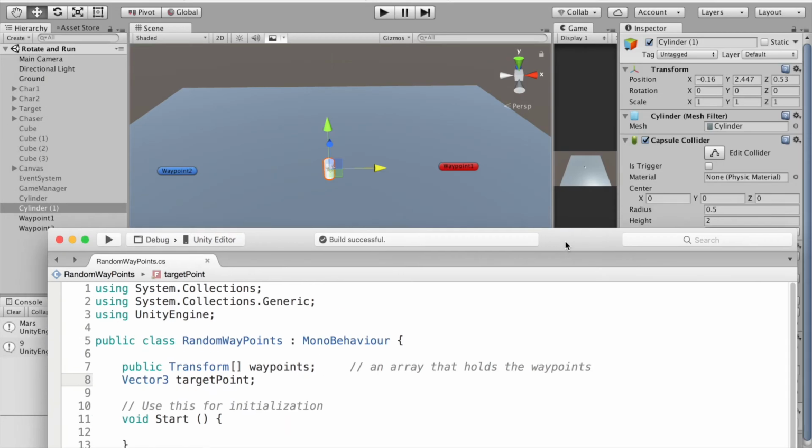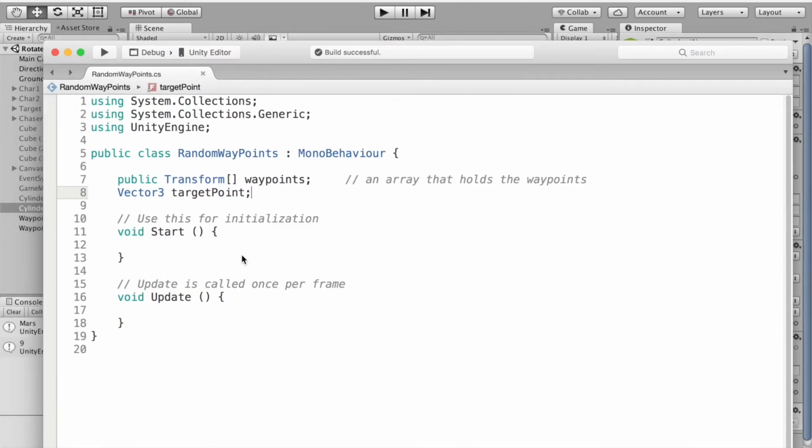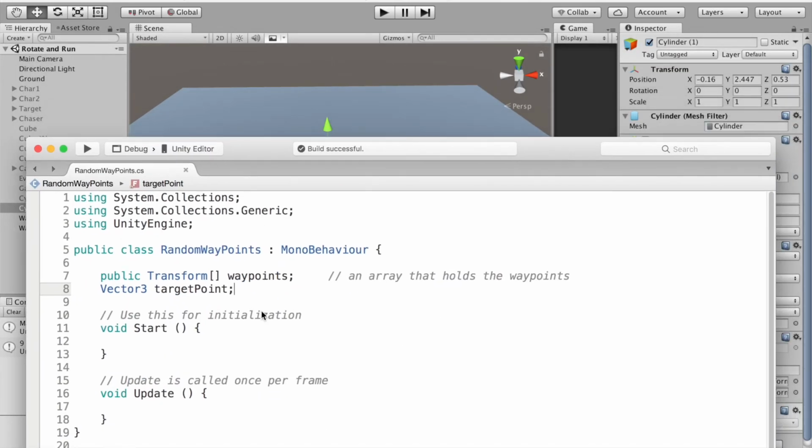Right now, in the scene in Unity, it doesn't know where it's going, but at one point we're going to describe where it's heading as the target point in space, and it's going to be a Vector3. And we know a Vector3 can be a way to hold an XYZ position in space. And so later in this code, we're going to point to where this object is going to go using this